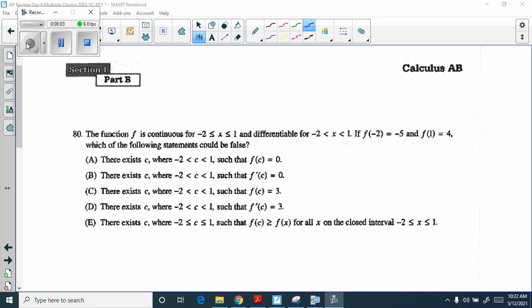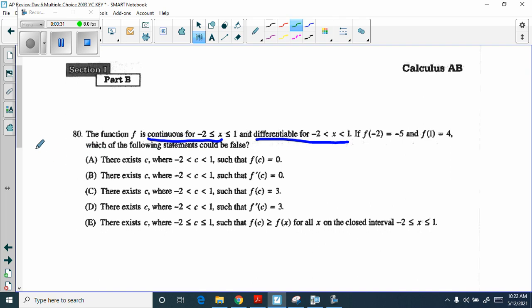So for 80, the function is continuous from -2 to 1 and differentiable from -2 to 1. If f of -2 is equal to -5 and f of 1 is equal to 4, which of the following statements could be false? Okay, so they gave me this intro talking about things being continuous on the closed interval and differentiable